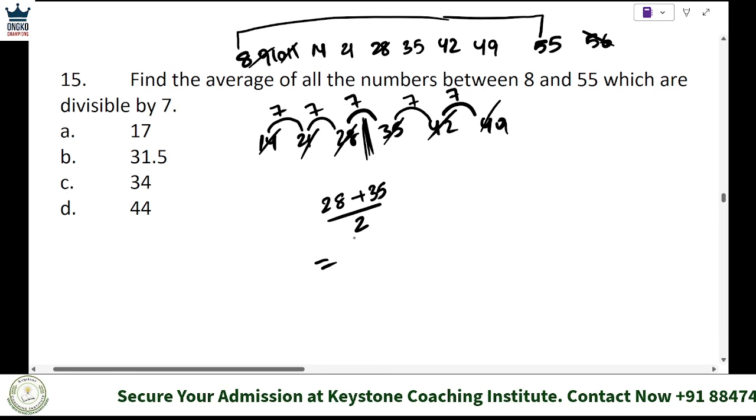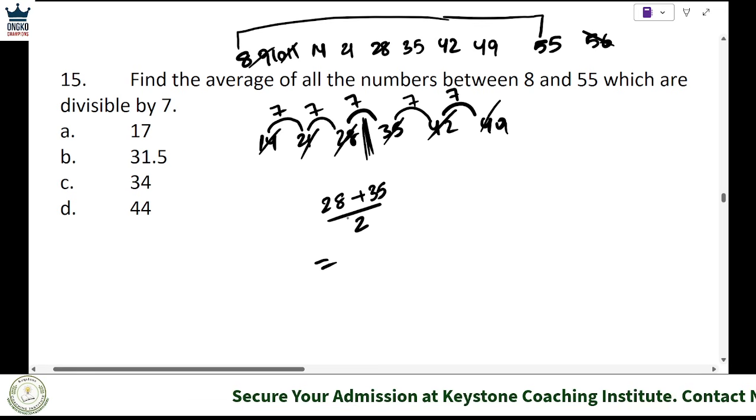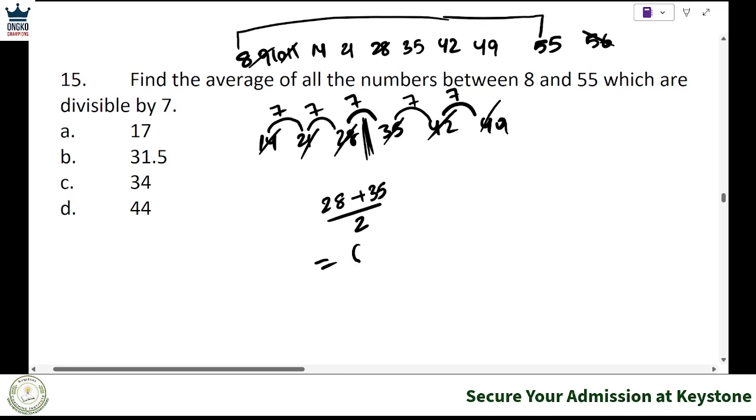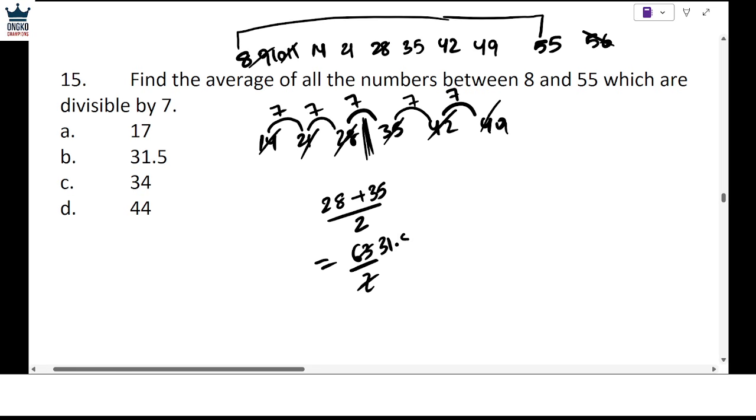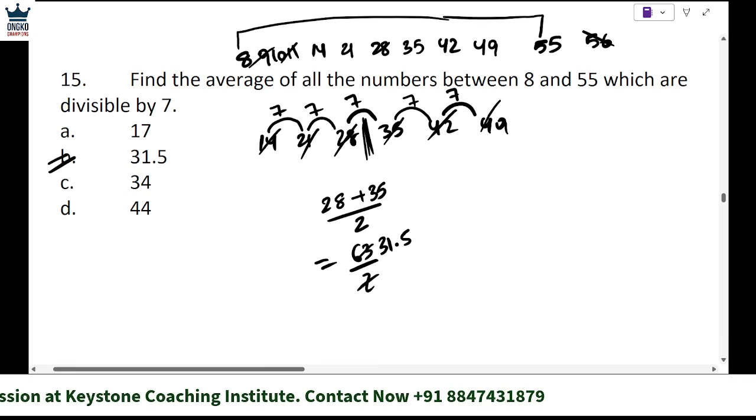So here this will give us 63, right? 63 divided by 2: 2 threes are 6, 2 ones are 0.5, so 31.5. That's the answer. Now maybe if you want a smarter approach,